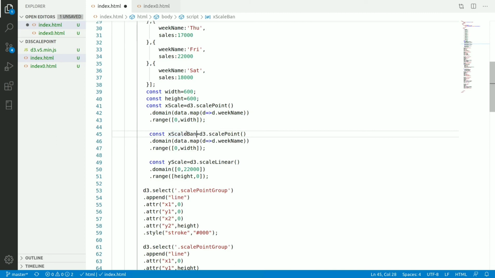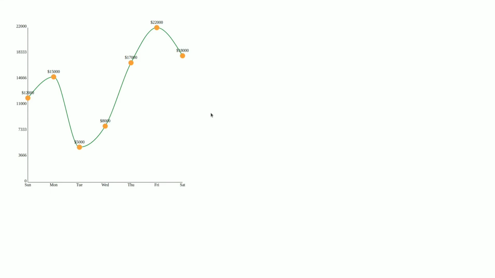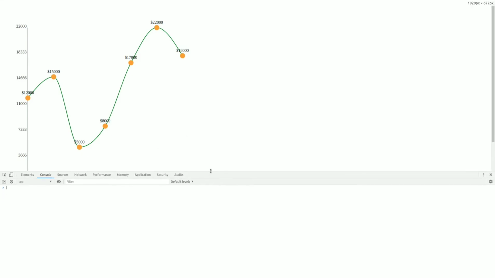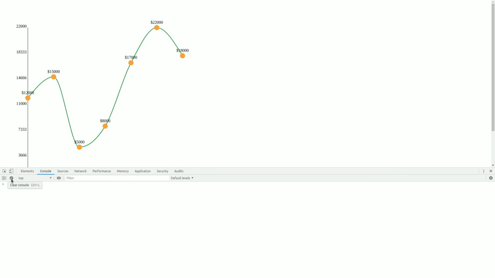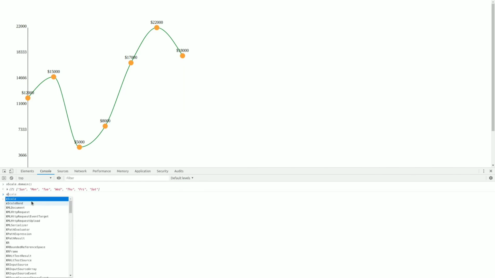Scale band, and for your scale band, I have passed the same things as domain, same as range for the scale point and scale band. Now we will see what is the difference. So here you can see that for xScale I have passed this domain, and the xScale range is this.